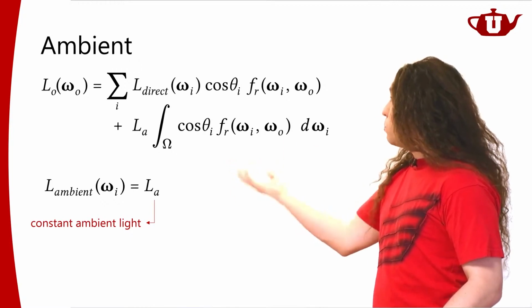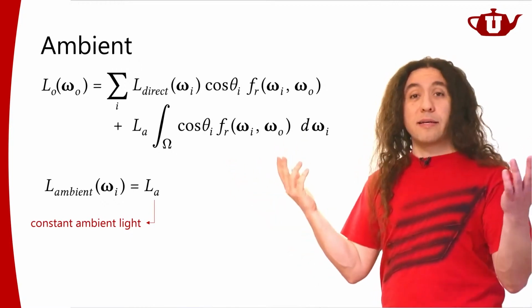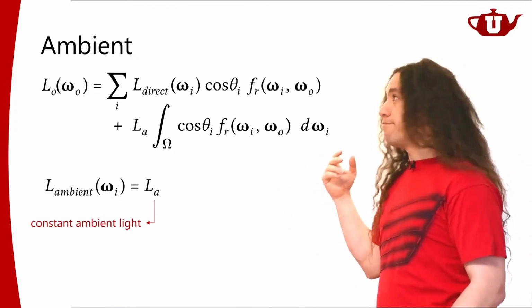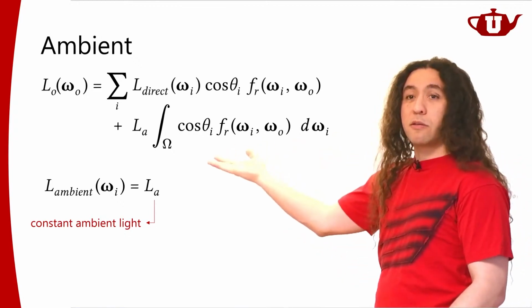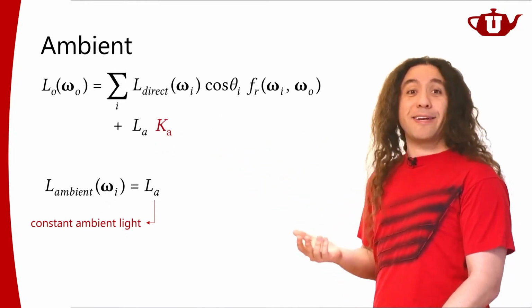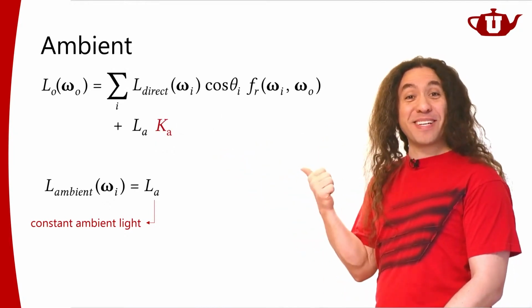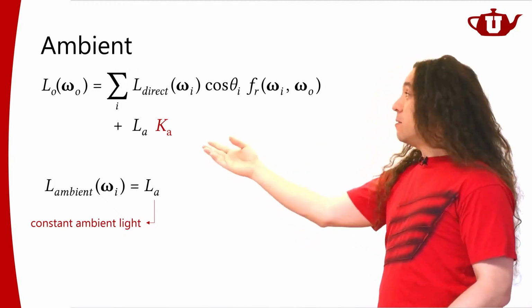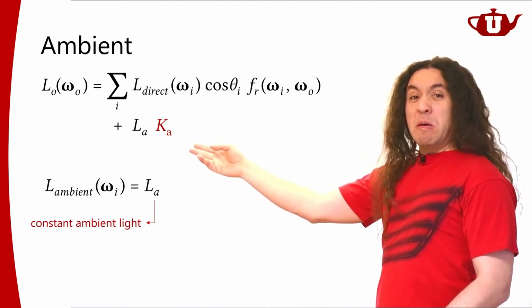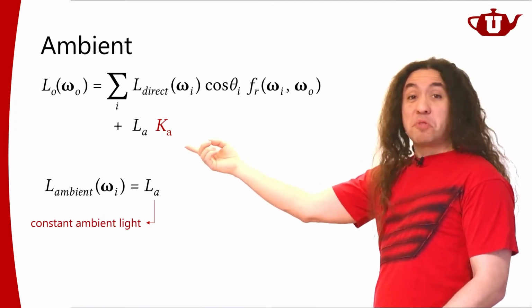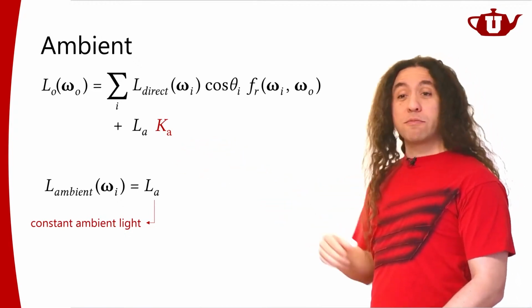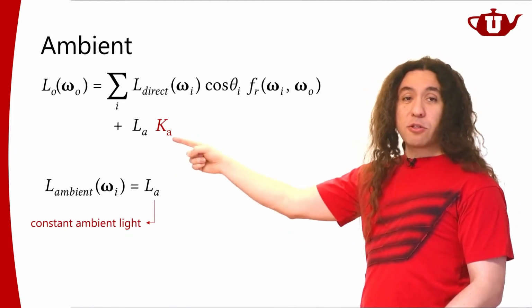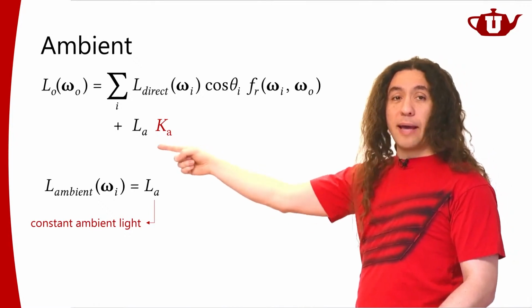It only depends on the material. So I could just pre-compute it and call it whatever that is, right? So I can just say, I'm going to have a material property that tells me what this integral is. Let's call it Ka. Does that look familiar? That's exactly what we did, right? We had this ambient term in our material as a material property. That's why I call it red. So that's our material property. So using that, we had this ambient term.